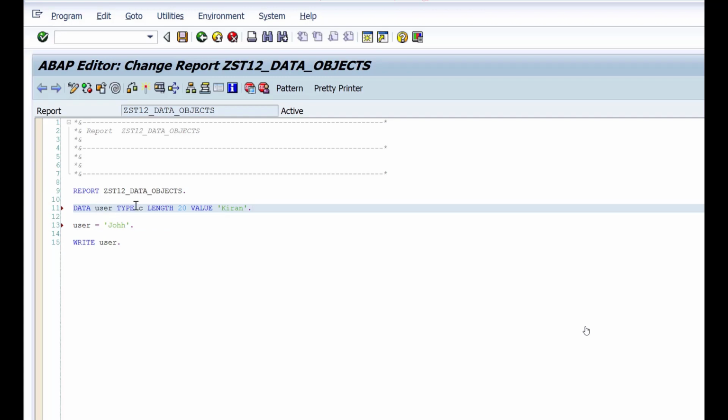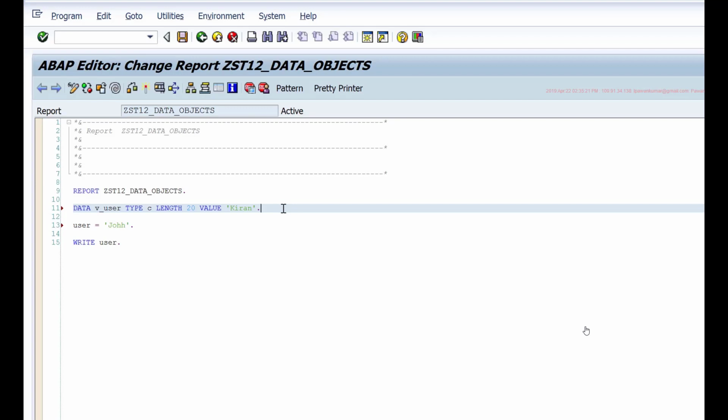Data object name, and type, and give the data type reference. But we follow a certain naming convention when defining data objects. If you are defining a variable, we use the naming convention v underscore. All the variables in my program, I'll define them as v underscore, so that when I look at the name, I can identify whether it's a variable, or a constant, or a structure, or a table. So you don't have to scroll to the definition to see how it is defined. Just by looking at the name of the field, I can identify whether it's a variable or a data type or a constant, etc. This is the naming convention we generally follow. Whenever you define variables, start them with v underscore.